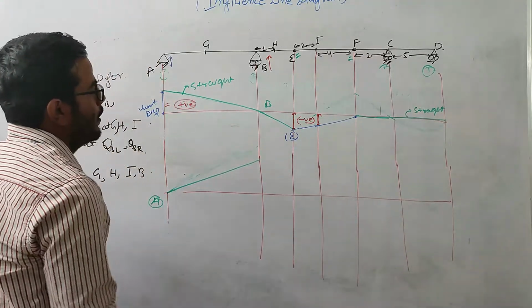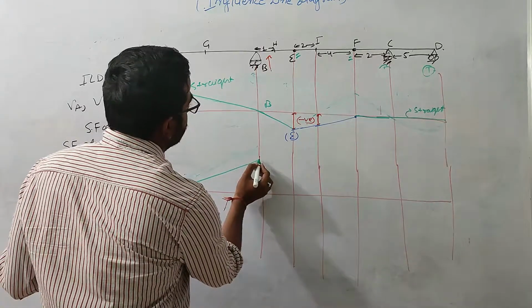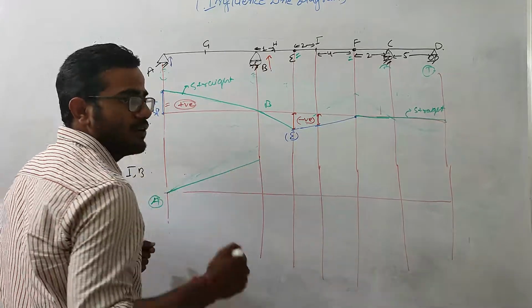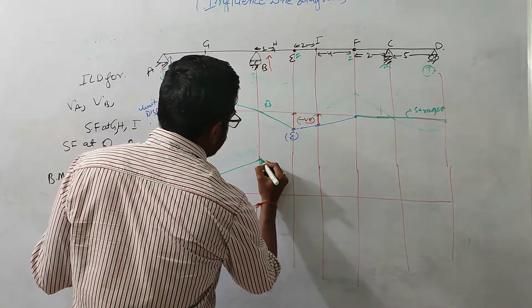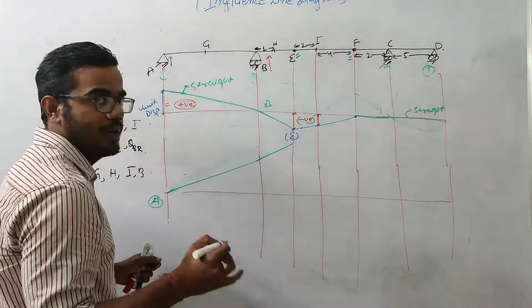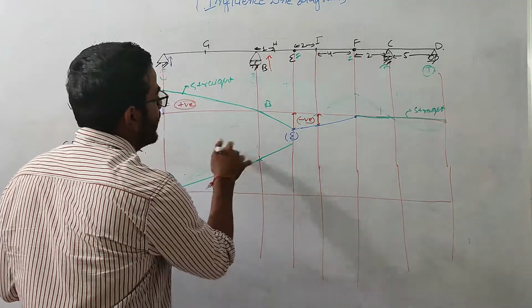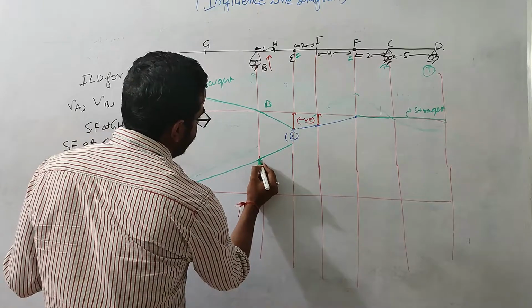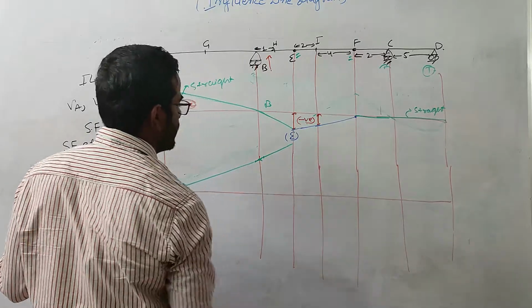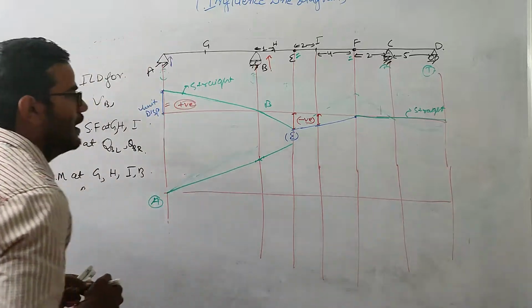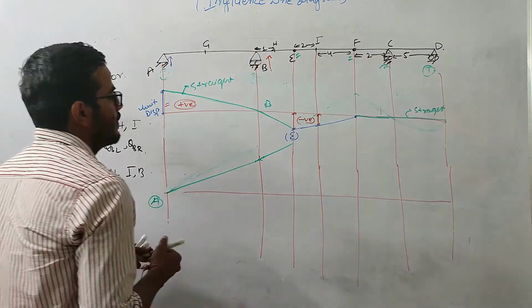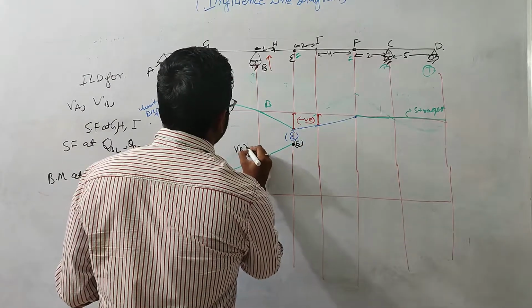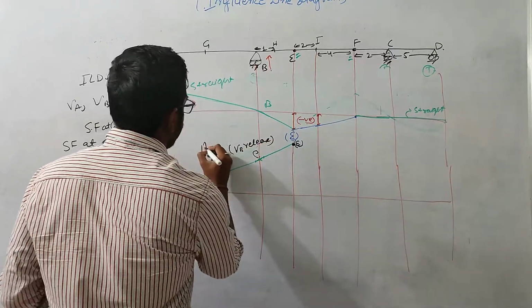Now let's come to the point E. How will this beam move? It should go straight, because at this point we are not releasing any moment. It cannot come down, because if it comes down, then we are releasing the moment at that point, but that is not the case. So the slope just left of this point should be equal to the slope just right of this point. So this beam will go straight, right? This is the internal hinge over here. Only B is released, so no movement.